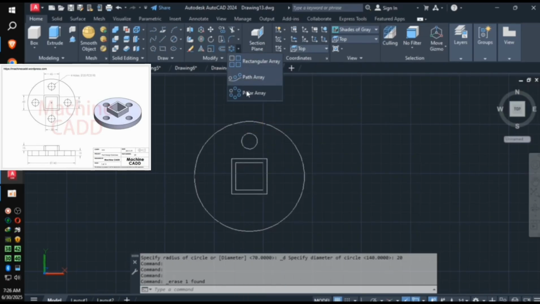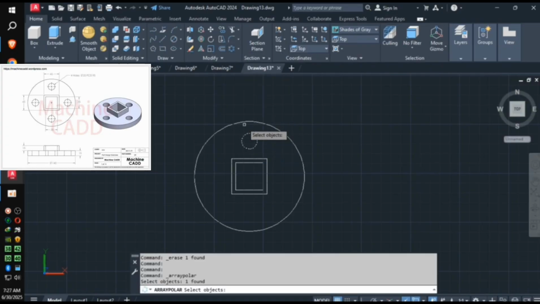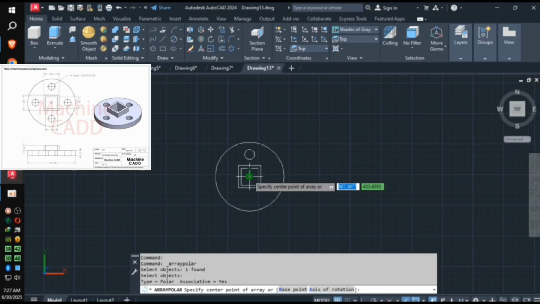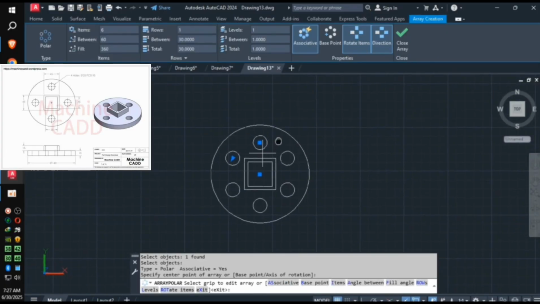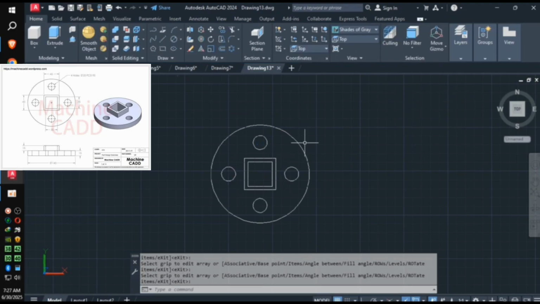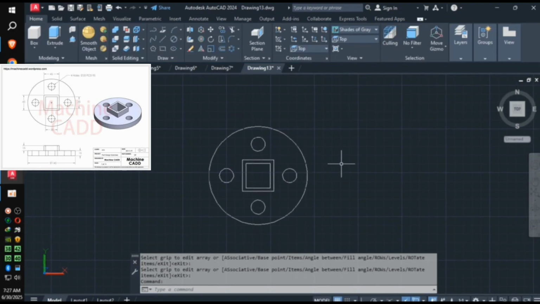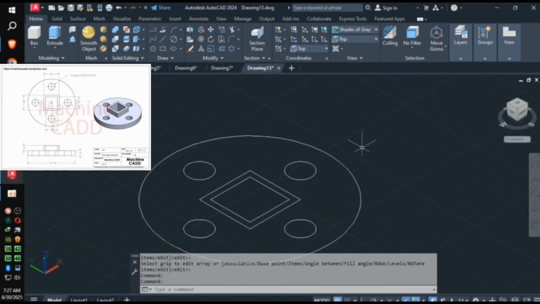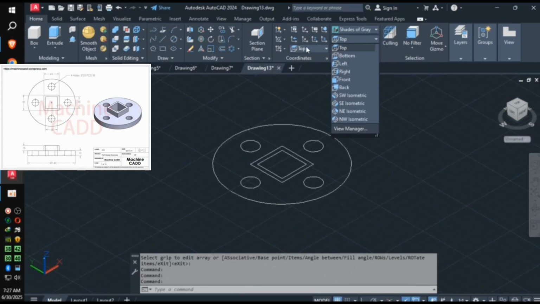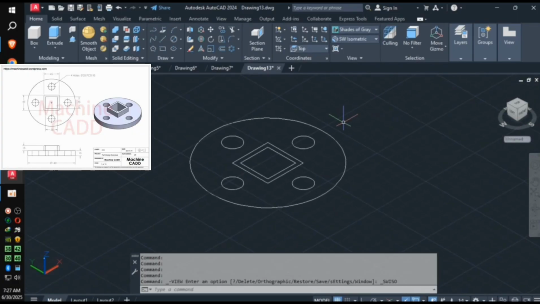We use the polar array to make the circles equal in measurement. Select the circle, enter, then put it in the middle, enter, and then change the items from the top into 4 and close array edit. So after, we go into isometric view, click the SW isometric